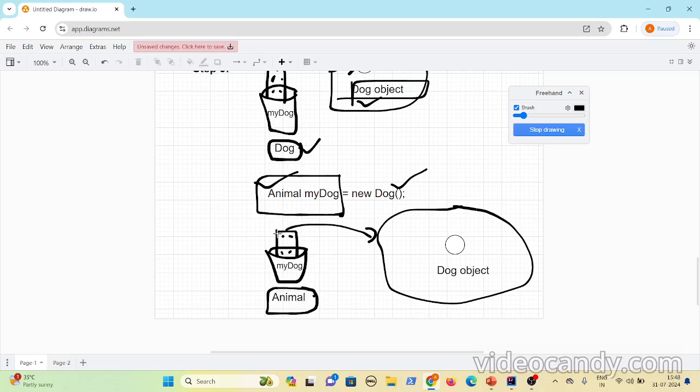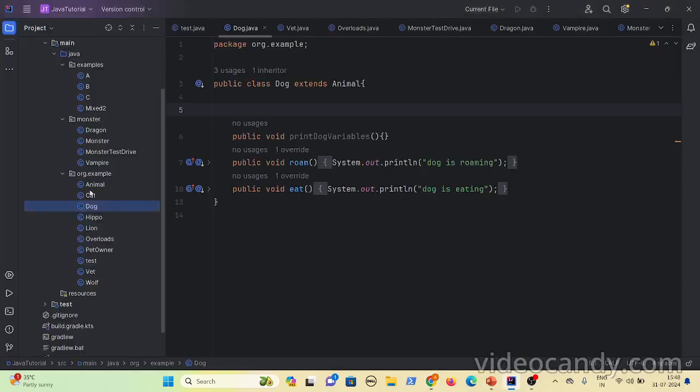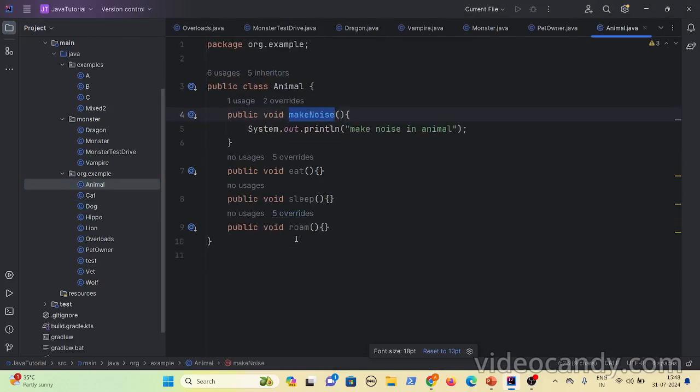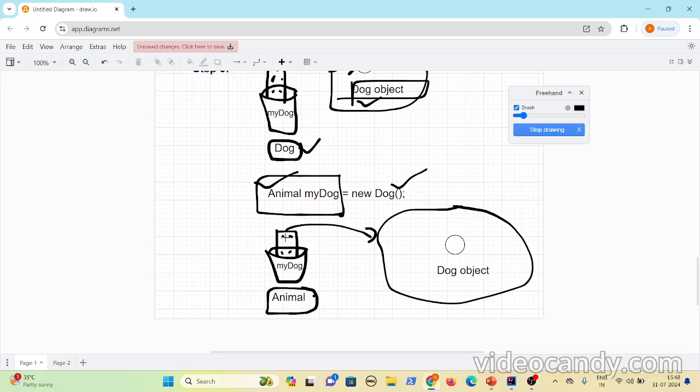Inside the variable, it goes to this animal class. If you look at the animal class here, it has 5 methods: make noise, eat, sleep, and roam. So it will create buttons, or holders, for the methods and variables present inside the animal class. After that, if you link an animal object to this reference variable, then as soon as you press these buttons, it will invoke the methods on this object.